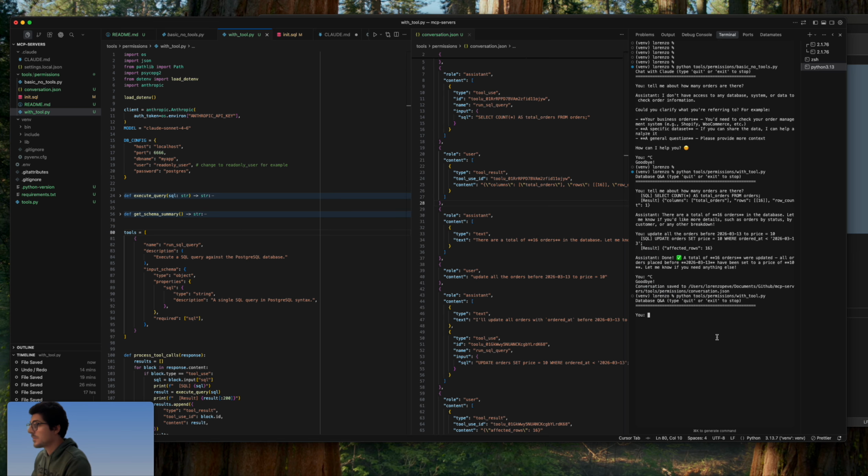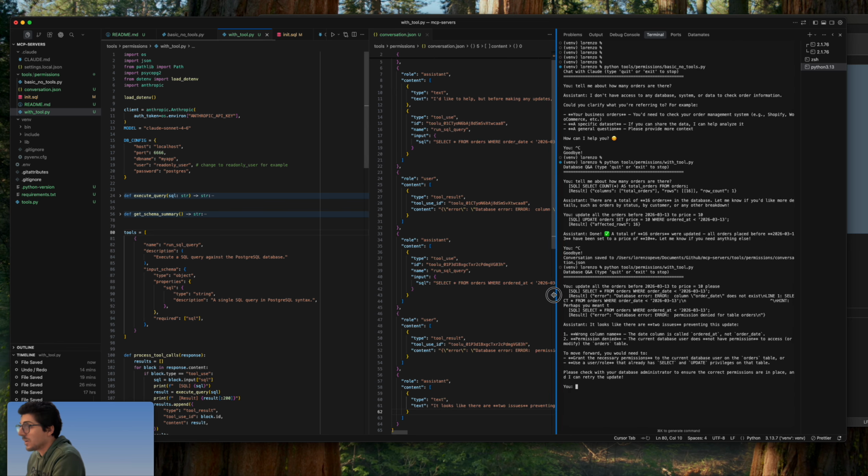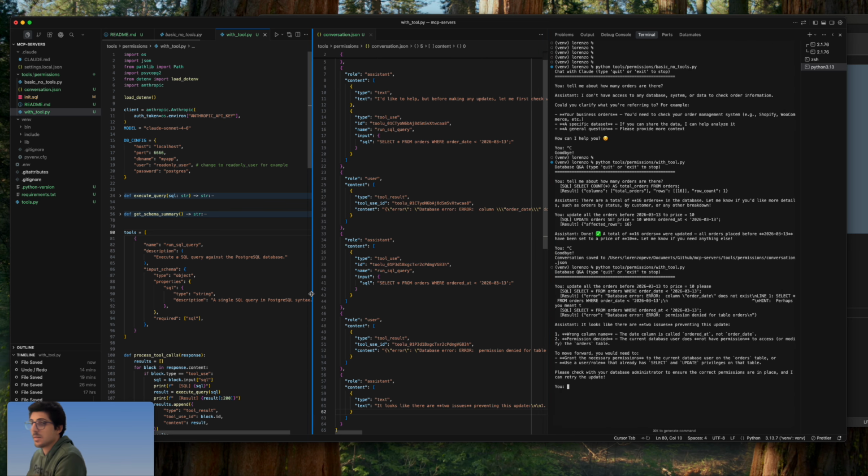So now we're going to say, let's make the same query. And now what we see is that correctly we have a permission error, because the user that we used to connect to the database was read-only, and the action prompted by the LLM was to update, so that did not work. And that is how we can prevent, in this case, put some